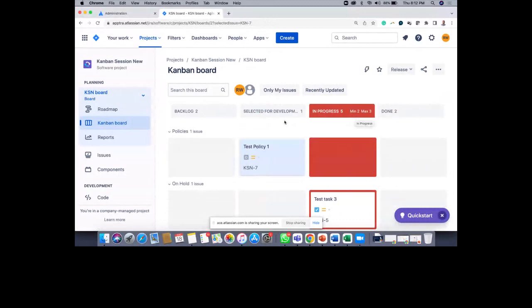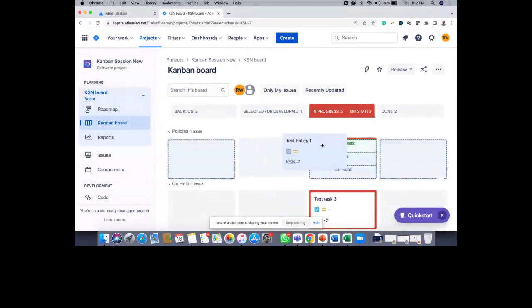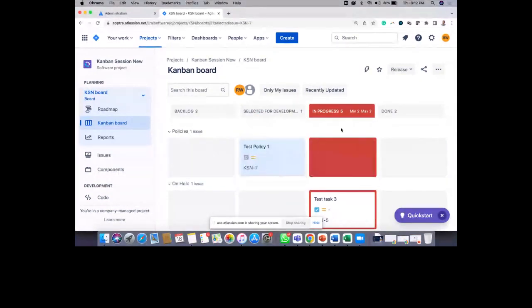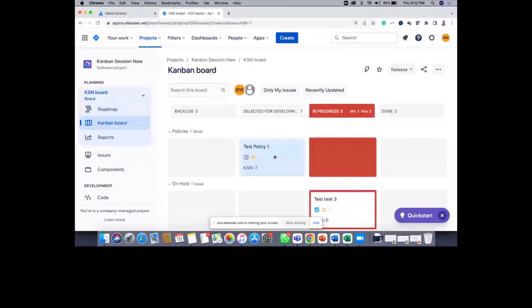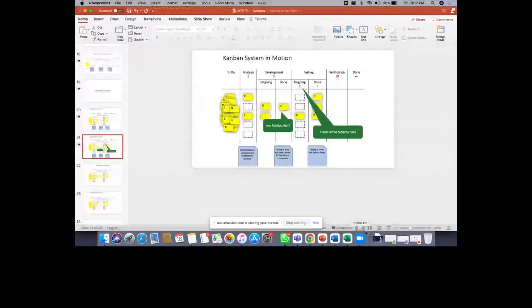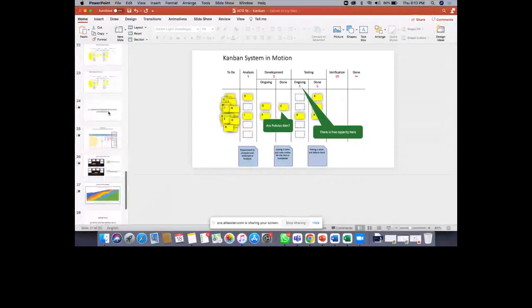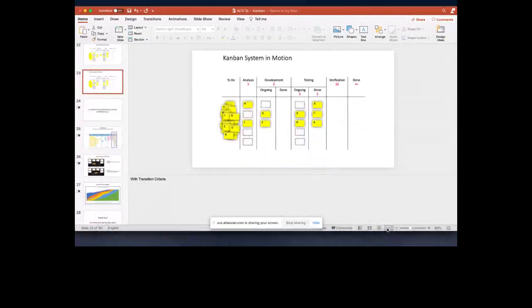We are getting red columns simply because we are moving tickets without thinking about the other person. It should be a case where this guy is actually pulling the work, if that person has capacity, right? Not the other way around. So think about that, and that will actually enable you all to manage your workflow properly.